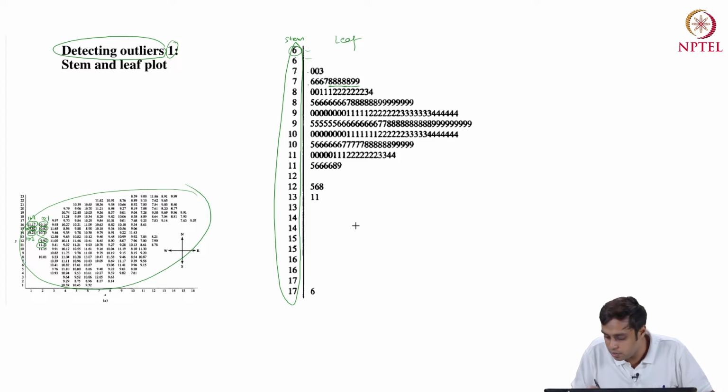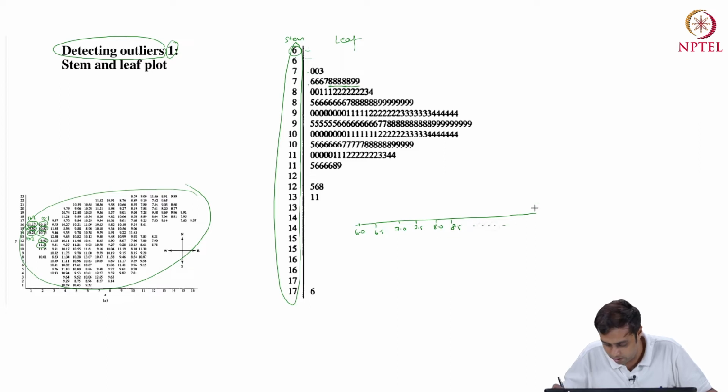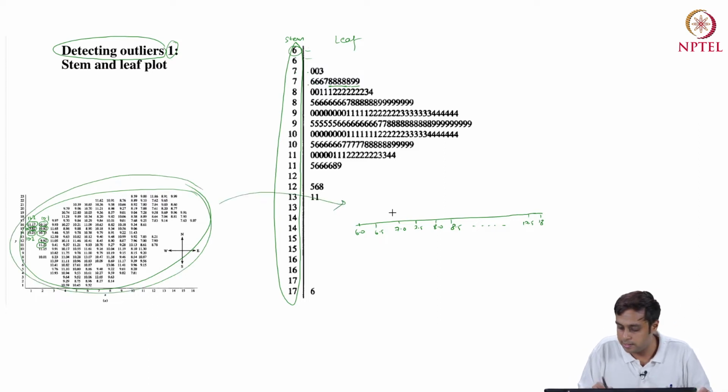The histogram that we build should be binned with bin sizes of 0.5. So I should have 6.0, 6.5, 7.0, 7.5, 8.0, 8.5, keep going all the way to 17.5 and 18, right? And now if you were to do a frequency count and draw a histogram of these data, you will get an exact representation of what the stem and leaf plot is providing in the vertical orientation, right? So you can replicate this. It will also be helpful to understand what a stem and leaf plot is.